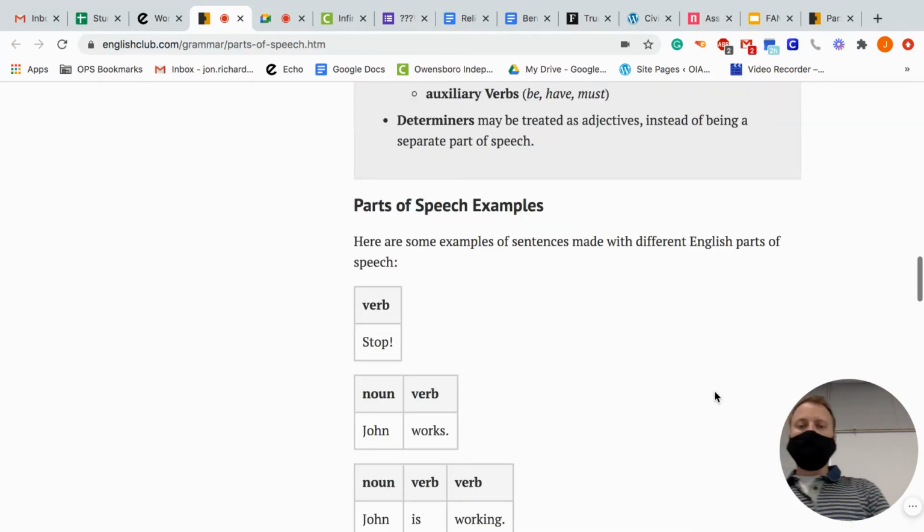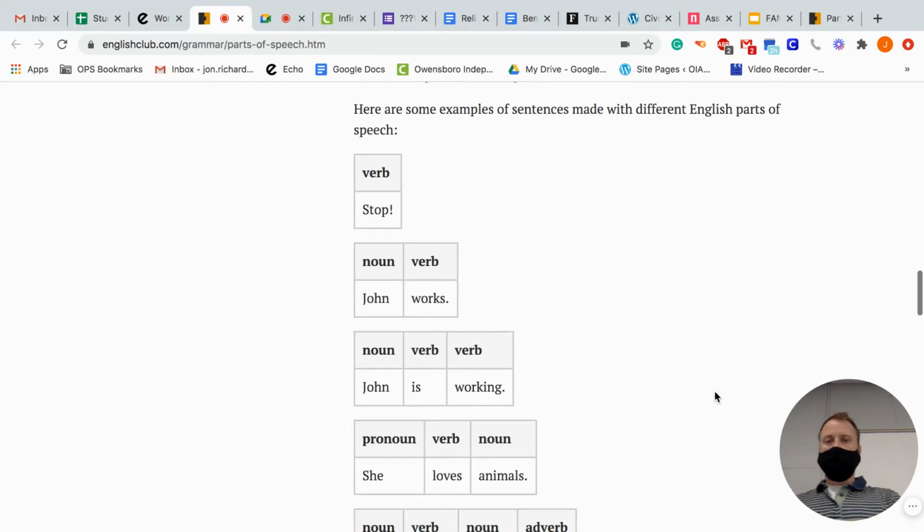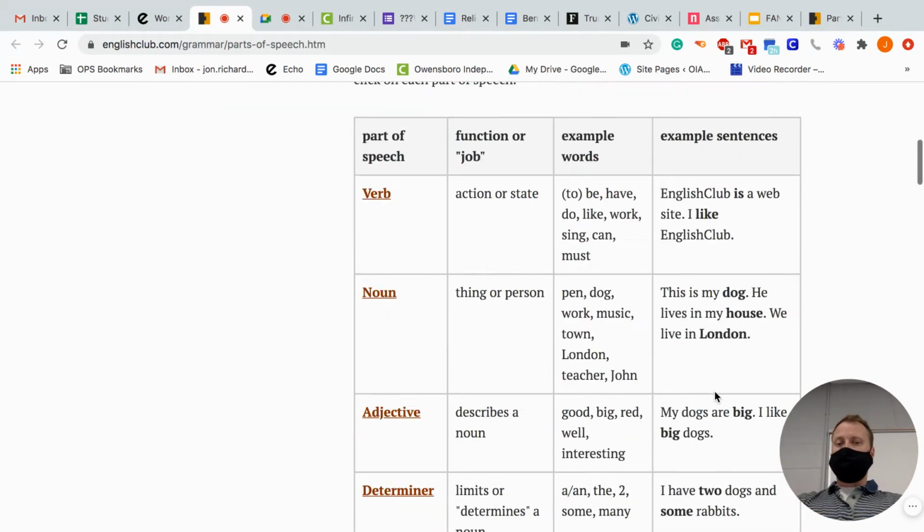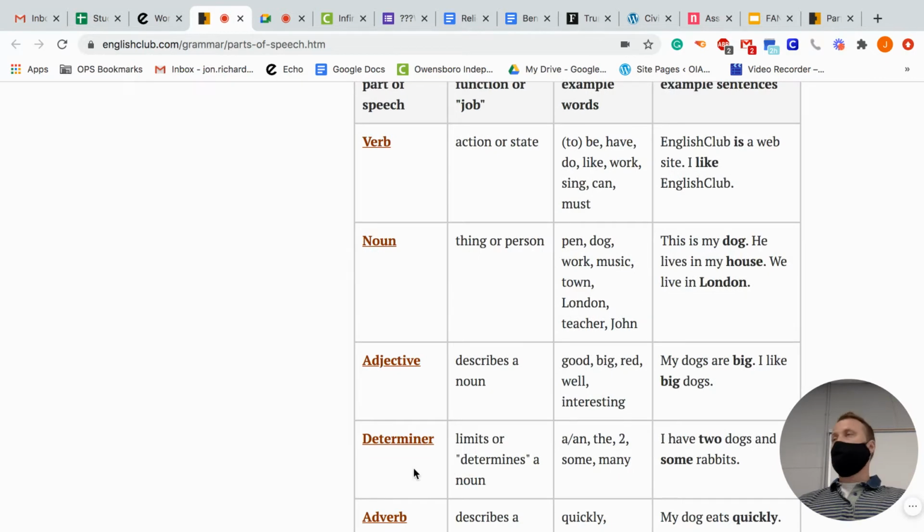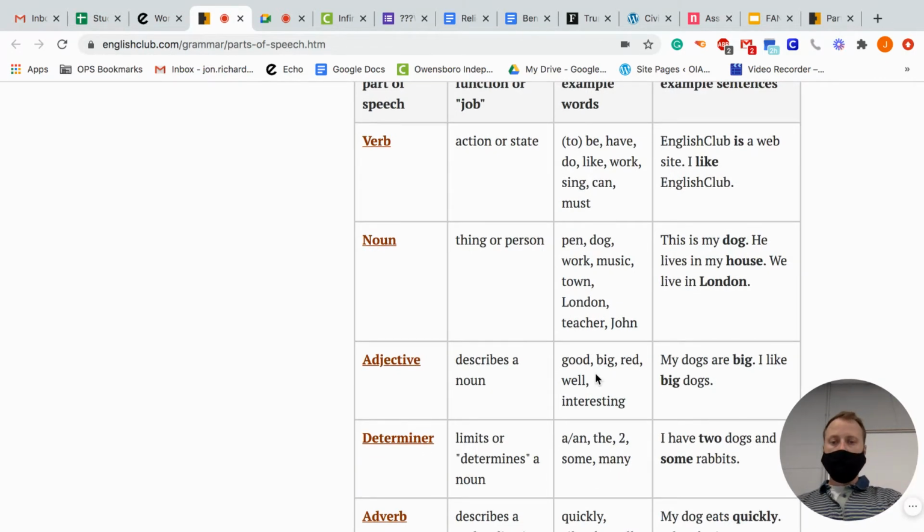Now, what I really want y'all to see is the next part, okay? And this is building sentences, okay? And I think this is where you all struggle the most. I think you have a general understanding of parts of speech, and this is just a memorization thing. You have to work on recognizing them and recalling them.